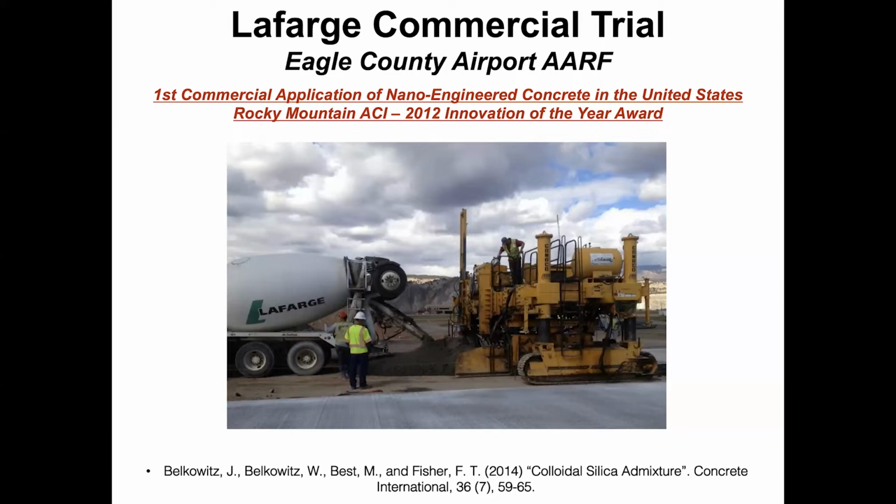So the other option that they came up with about 4 years ago, and they had quit this for the longest time, was the silica fume overlay, what we call the micro overlay. And they would use silica fume as a 7% addition to the 658 pound mix. So if you're doing your math, that's about 708 pounds of cementitious in this